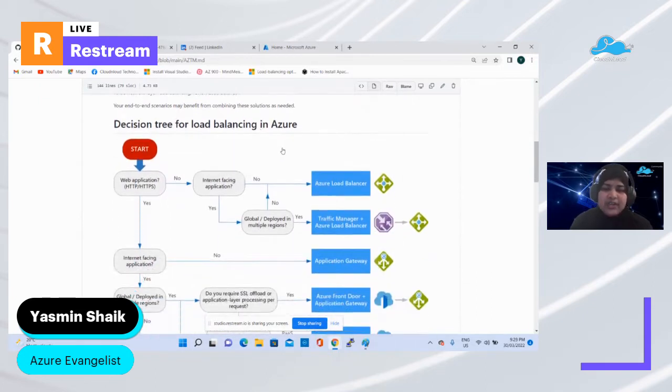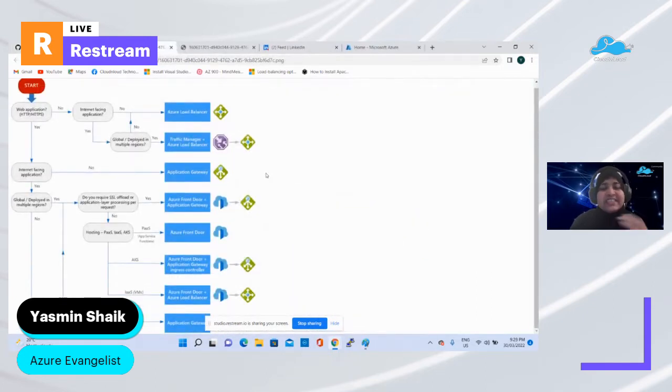So I wanted to give you a short overview of this. Let's say you are the architect of your project, and you have to provide the solution: which load balancing technique are you going to implement in your project to handle your workload easily? As a solution architect, you should be careful about choosing the applications which you want to host. So for example, this is one of the architect plans. If you satisfy all those conditions, you can select your load balancing accordingly.